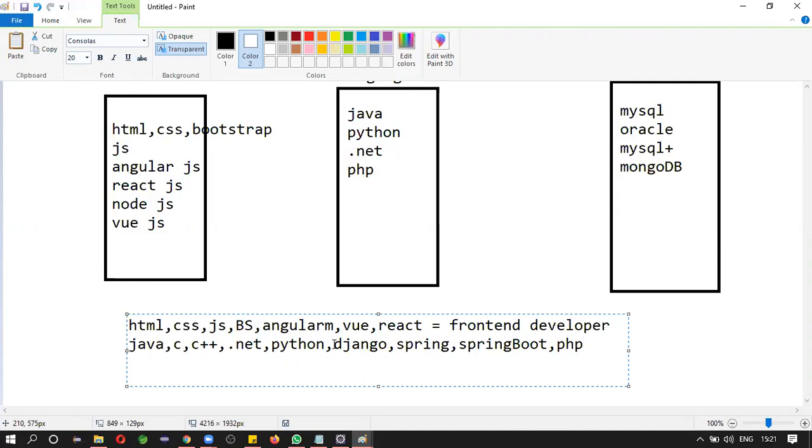These are frameworks. Okay, Django, Spring, Spring Boot, PHP. These are frameworks. If you know these very well, you can get the job role of programmer or developer.